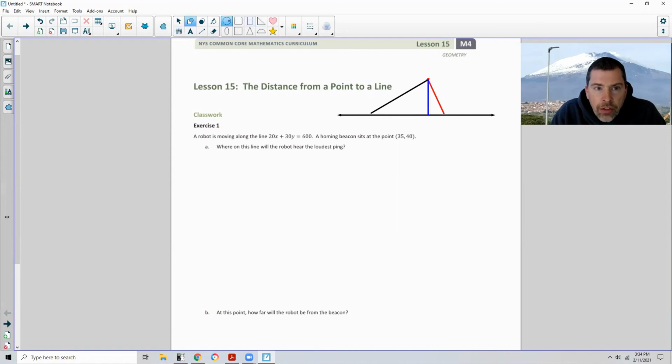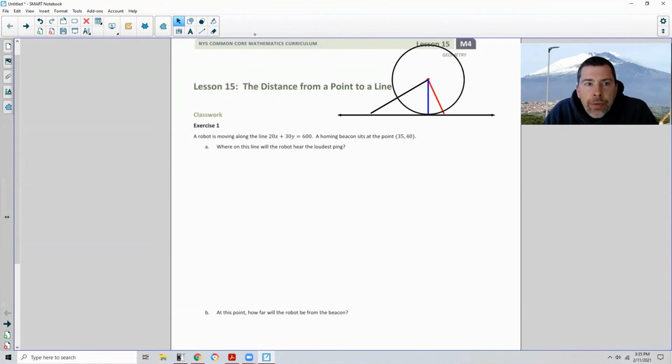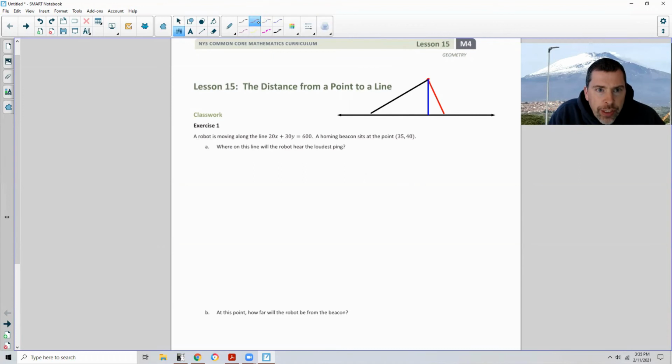So we could also think of it in terms of a circle. If I had a circle centered at that point and I drew the circle out like so, the circle's radius is perpendicular to this line, and we call that a tangent. I'm getting a little ahead of ourselves here, but this is coming in very soon in the coming lessons. Okay, so I just need you to be aware that the distance from a point to a line, shortest distance, is a perpendicular line. So in this problem here, it says a robot is moving along the line 20x plus